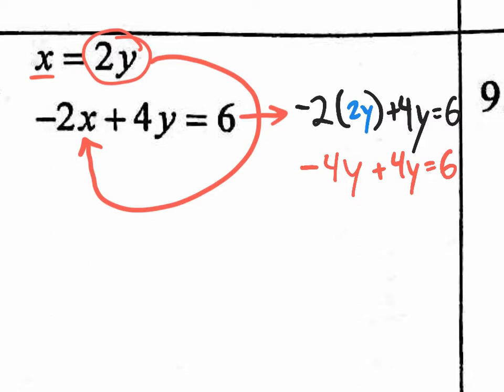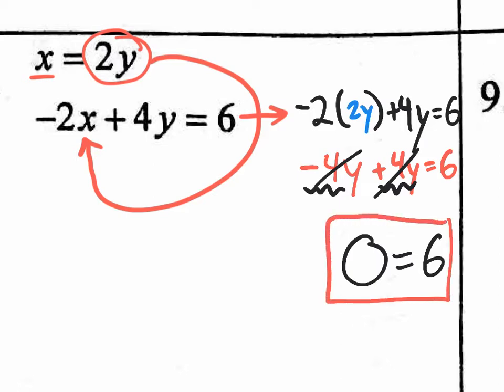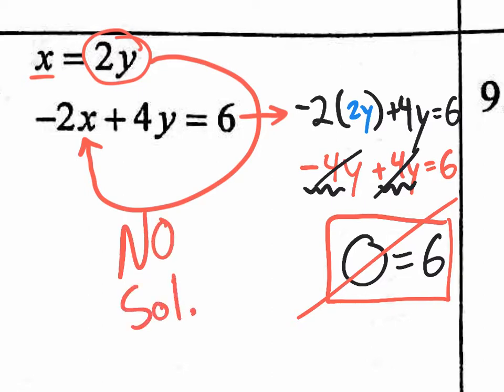Weirdness. What happens? Combine negative 4y with positive 4y, they cancel out. 0. 0 equals 6. What do you guys say when we have 0 equals 6? You say no, as in no solution. That's right, no solution is the correct answer. So this is kind of like back when we were solving just regular equations. If your variables completely cancel out and you're left with something that's impossible, like 0 equals 6, you say no